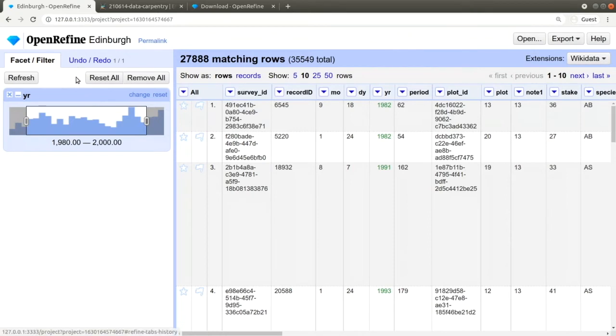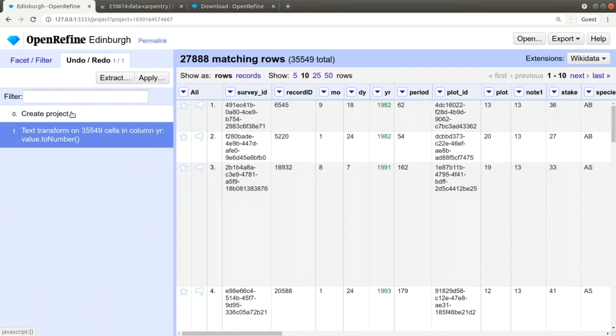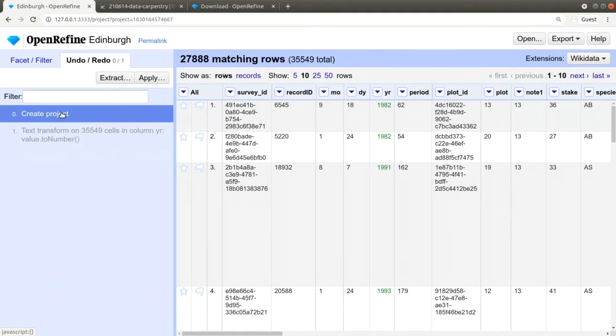Also, I can explain this now. If I click here on undo redo, we see the steps that we have done. For instance, we have done a text transform. We have taken all of these cells in column year and applied a value to number. In case you are not happy with that and would like to keep using years as a string rather than a number, that's fine. You click here on 0